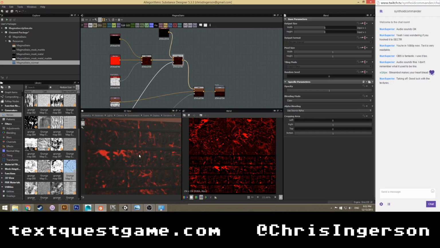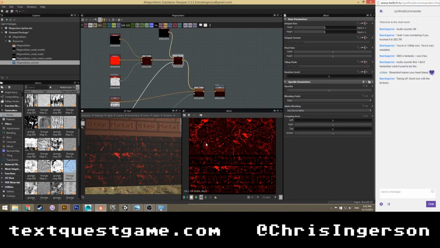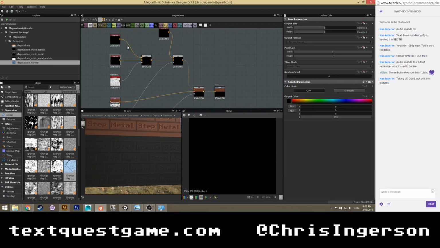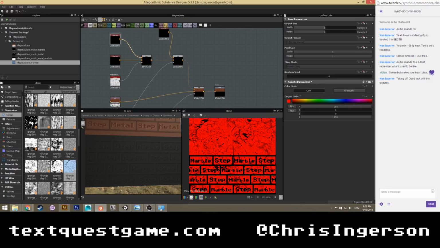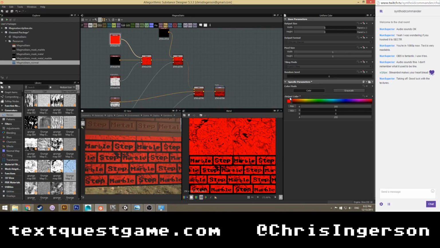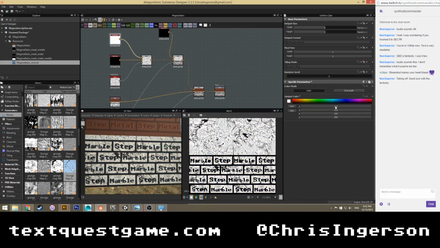So it's like blood red marble right now, but in the future it would be a little more forgiving. Or even, I'm not sure if this would look better or worse. It's fine, I think. I'm gonna go to like 200, 200, 200. And we'll leave it like that for now.